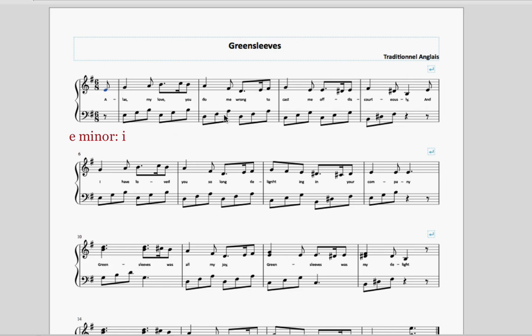Here, the chord changes. So let's have a look at that. D, F sharp, and A. That is a root position D major chord, which in the key of E is 7. Let's real quick just